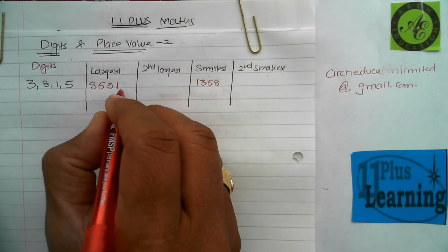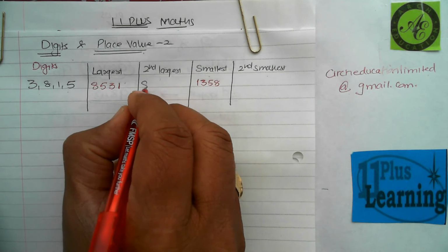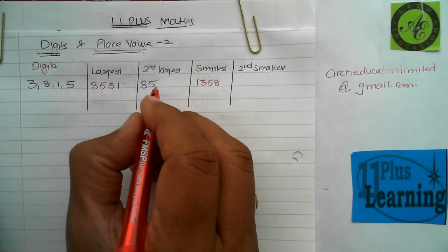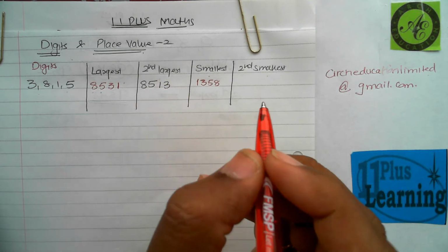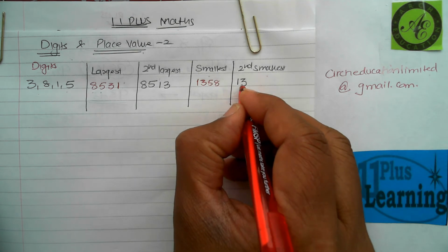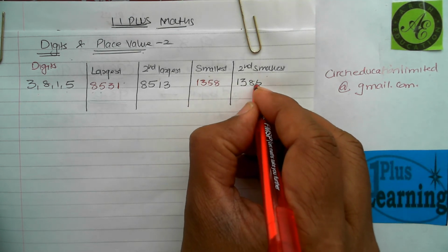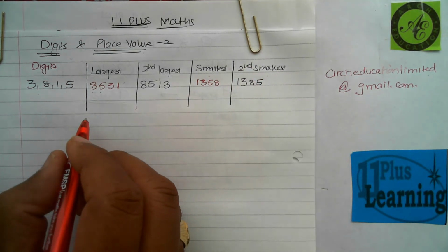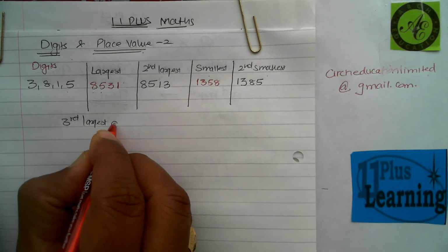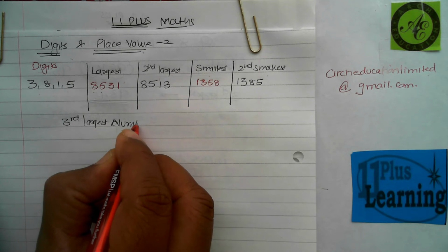Because it's a 4-digit number, because 4 different digits, guys, you're going to write first 2 digits as it is, 8 and 5. What you have to do is swap 3 and 1 as 1 and 3. And similarly for the second smallest, write the first 2 digits as it is and swap the last 2 digits, 85. Okay, the extension, if I ask you to write the third largest digit number, using the same digits, what